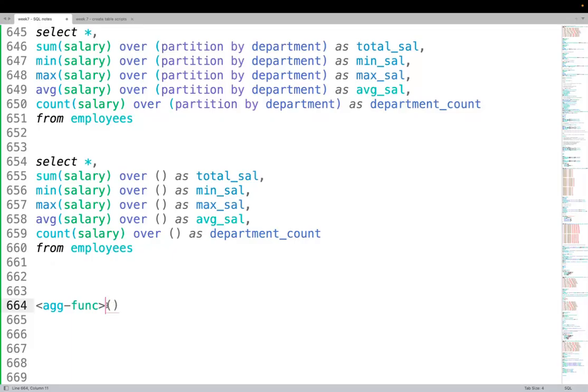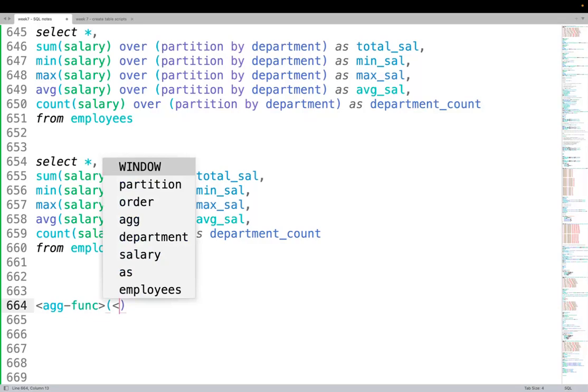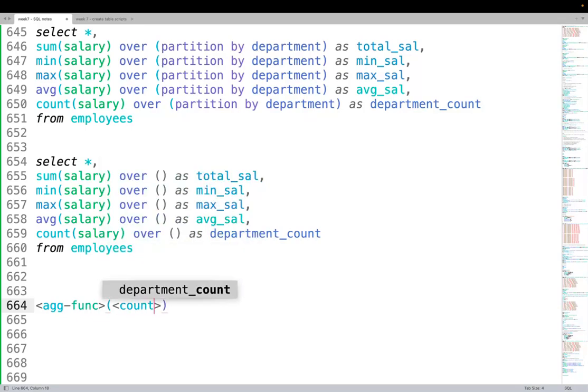And then you also define the column name on which you want to do that. For example, salary was the column. So this is sum of salary, and then again over,